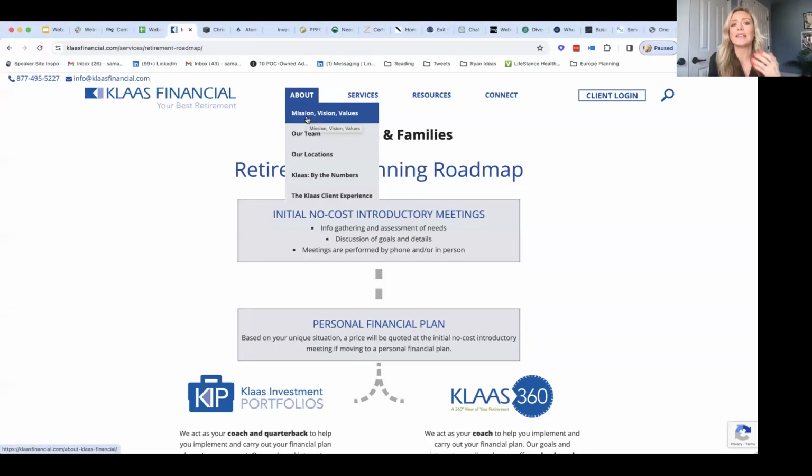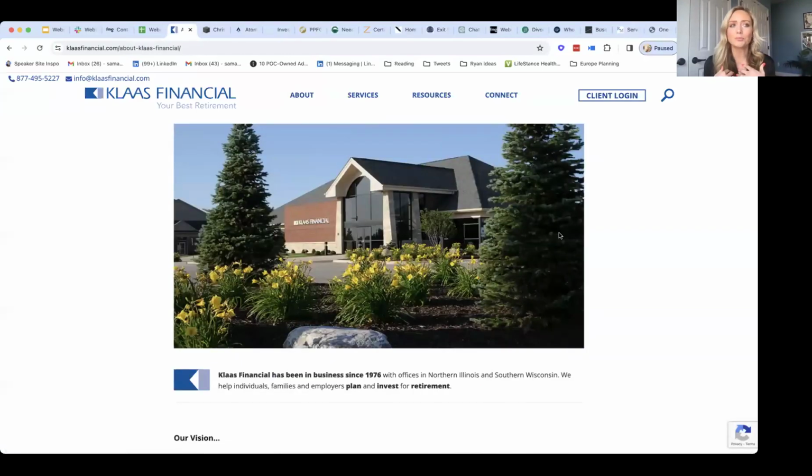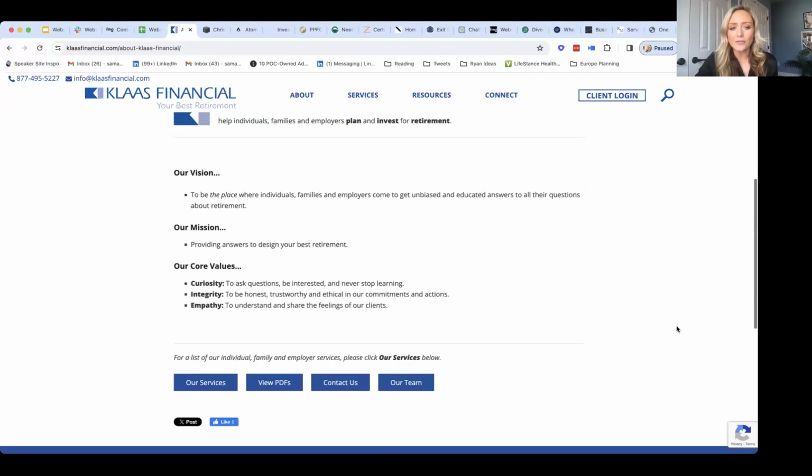And if I see something like mission, vision, values, to me, that's boring. I've looked at the analytics of thousands of advisor websites. Almost no one reads a page if it says our mission or our values. They just don't, because again, it's all about you, number one, and number two, it's boring. So instead, if we're looking at